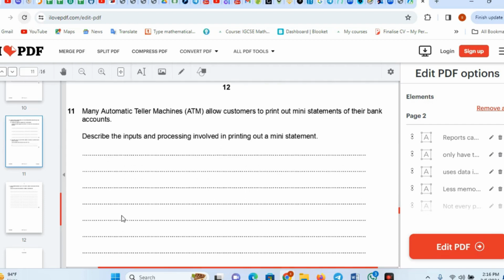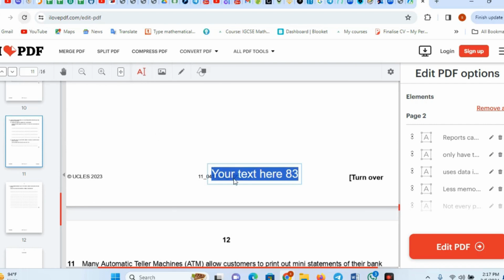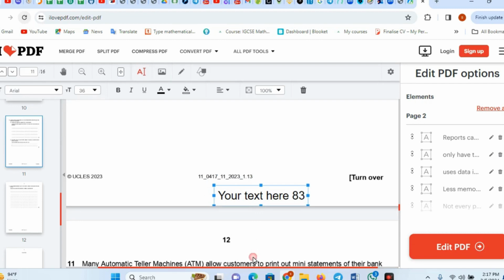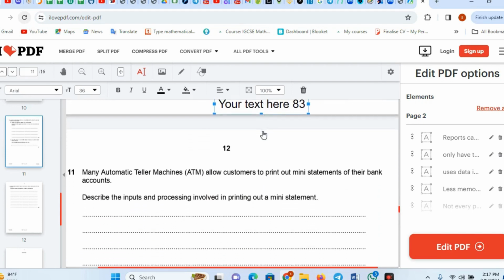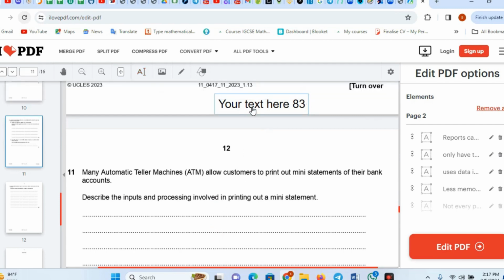Describe the inputs and processing involved in printing out a mini statement. So assume you are at an ATM post, and as a customer, you want to make use of the ATM to generate your mini statement. So what are the processes that you need to follow? That's the exact question that we are asked now. That is the procedure that you are going to follow